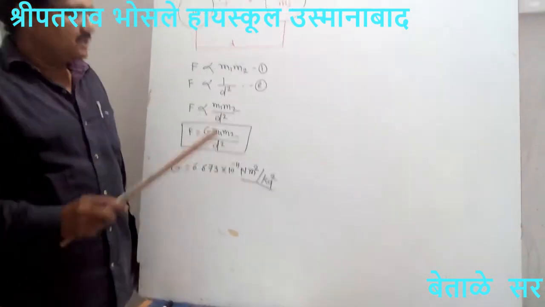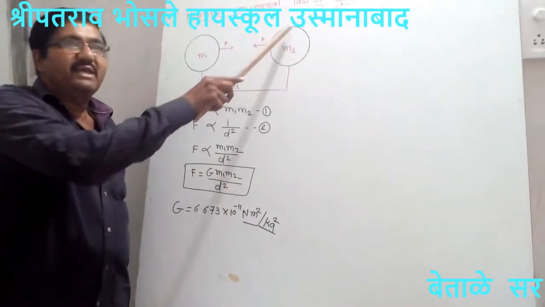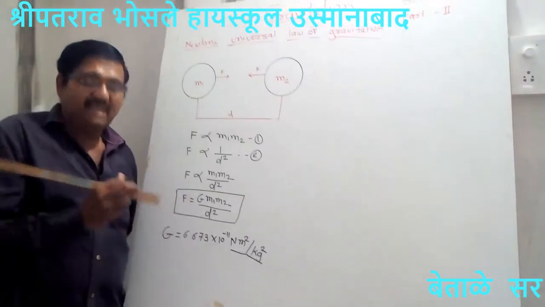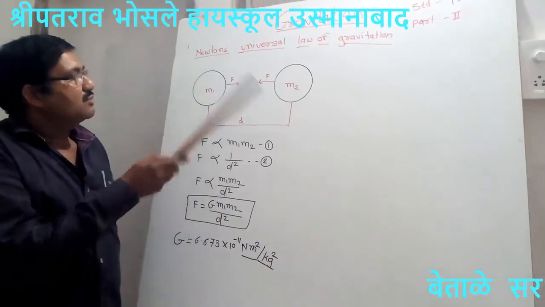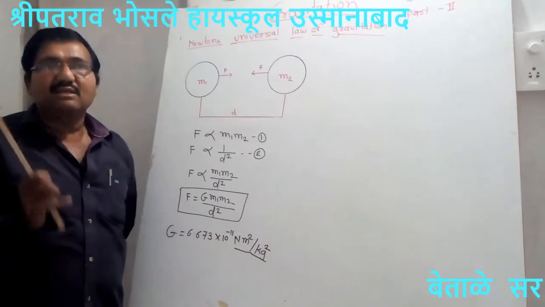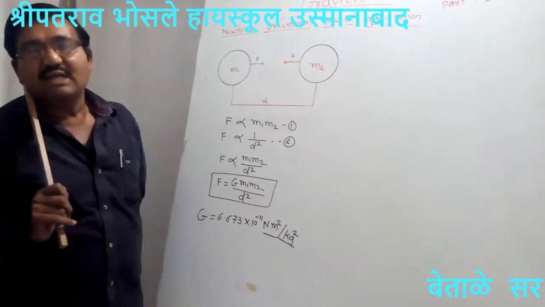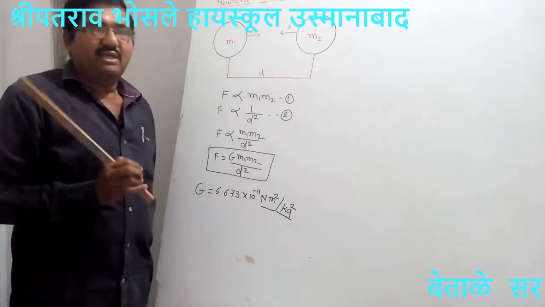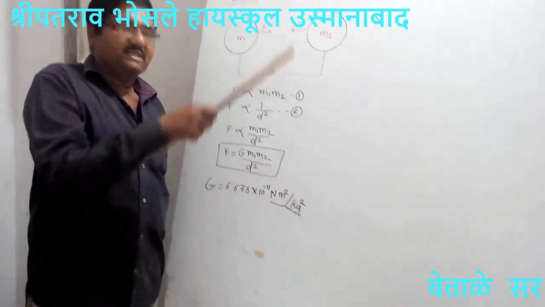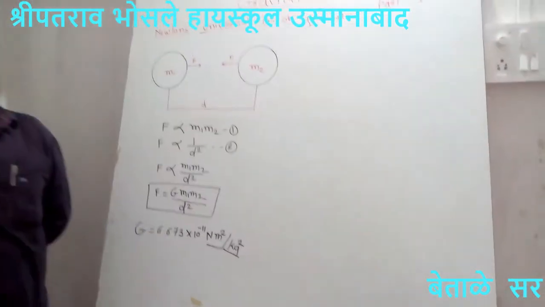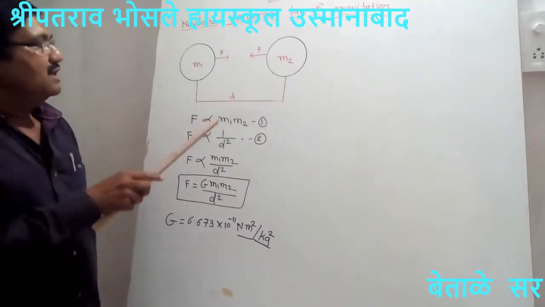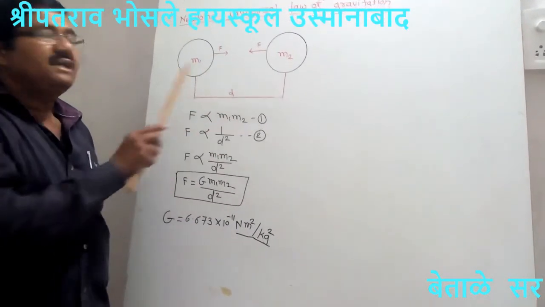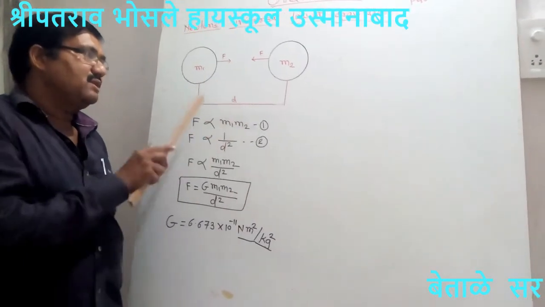आता जर दोन बॉडीज स्फेरिकल असतील, when these two bodies are spherical, then the direction of force is along the line joining their centers. जर या दोन बॉडीज स्फेरिकल असतील, the direction of force is along the line joining their centers, म्हणजेच त्यांचे सेंटर जॉइन करणारी लाइन,